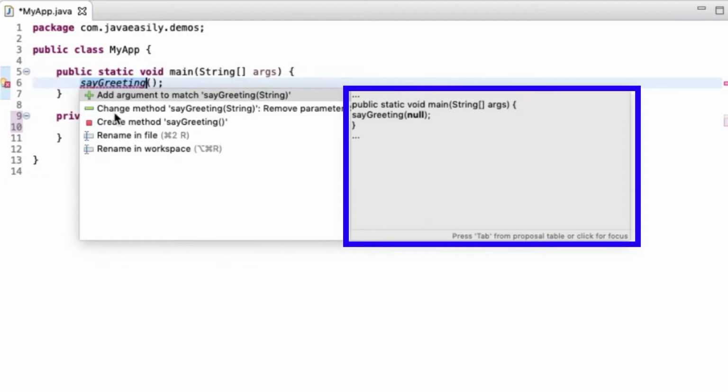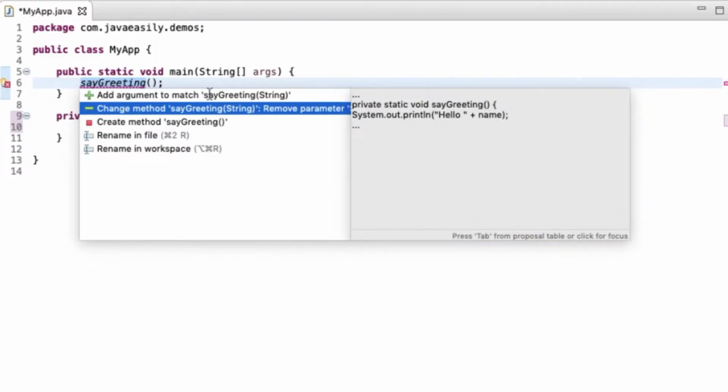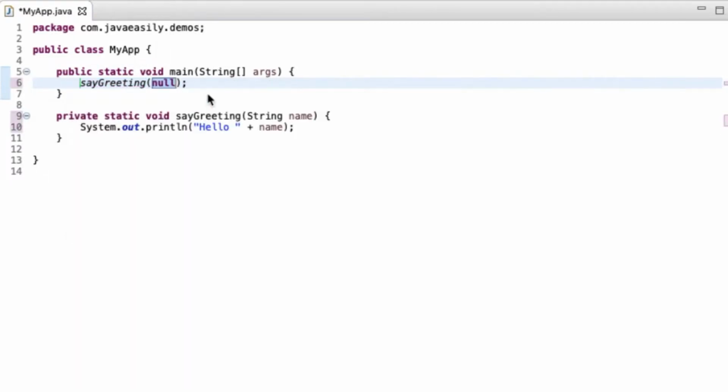And similarly as well, if you click this one, it's again giving you a preview of what that would look like. Of course, it hasn't fixed the entire code, because even if it did that, and it removed that name parameter, you'd still then get an issue here, where you'd be referencing something that hasn't been passed in. But it's enough to give you an idea of what you might want to do and where the IDE would adapt the code for you. So anyway, we're going to double click here now, and as it promised, it's putting that null placeholder for us, which meant that at least now the code compiles.